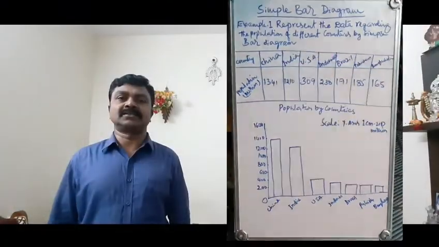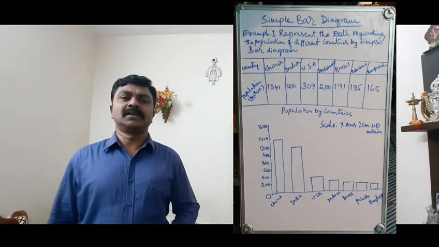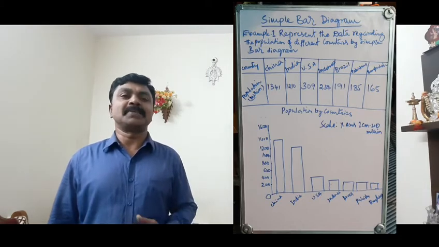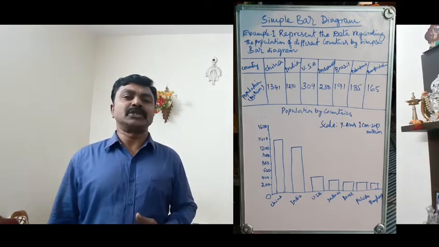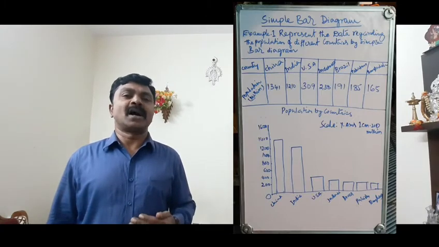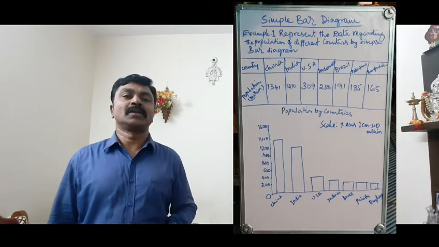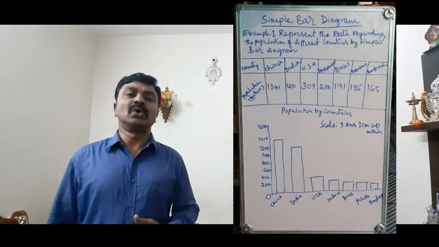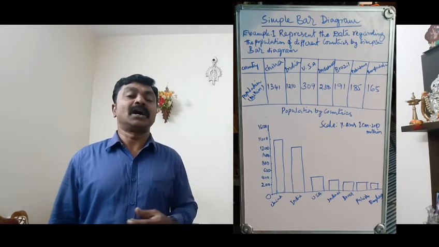Okay friends, let's start the class. We can understand one by one. Here we have classified three kinds of graphical and diagrammatic representations. Number one is simple bar diagrams. Here the width and height are proportional to the magnitude of the items and are drawn with proper scales. For example, on the y-axis 1 centimeter equals 200 million. Usually it is used for the comparative study of two or more items of a single variable.